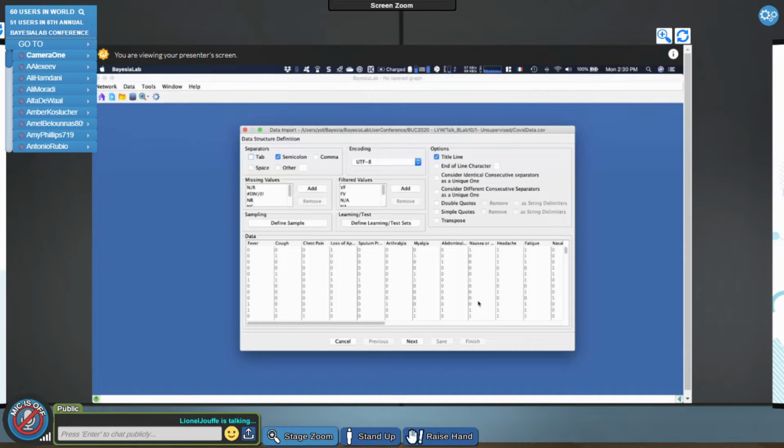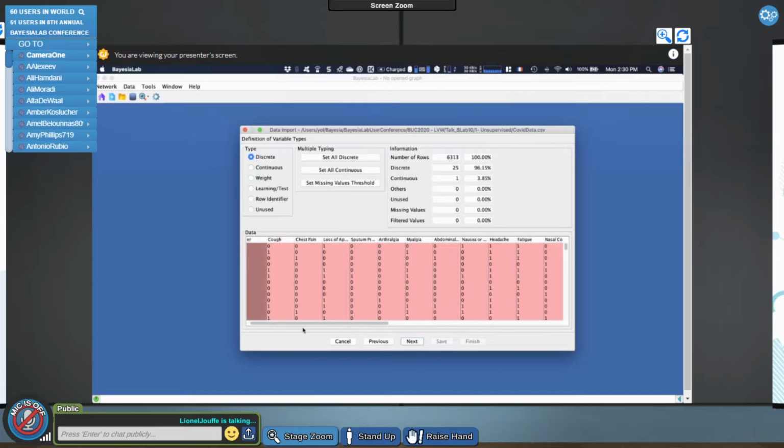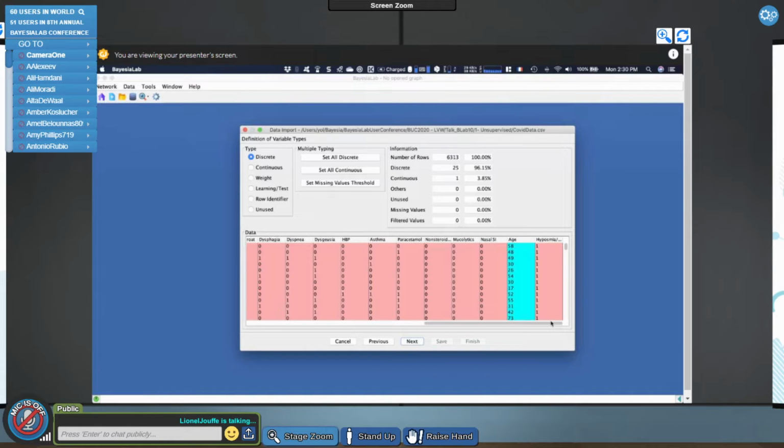It's a data set that I analyzed during our collaboration with the University of Mons in Belgium, and it describes more than 6,000 European patients with mild to moderate COVID-19. We have in this data set symptoms, lots of symptoms, plus comorbidities and things like that. I will describe that in a little more detail in a few seconds. We have, as you can see, 6,313 patients there. So I just click next.